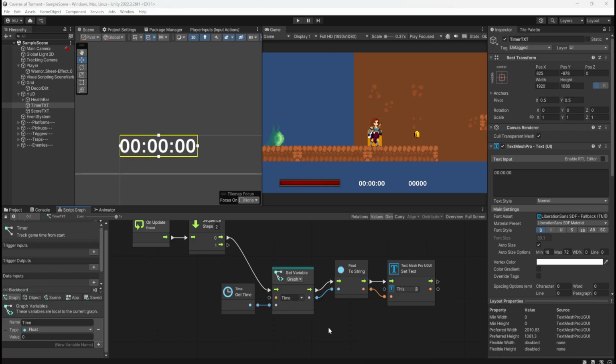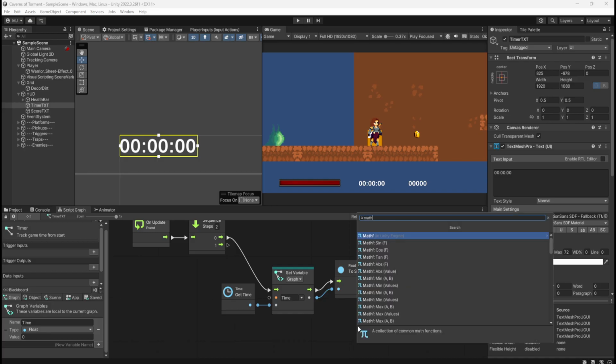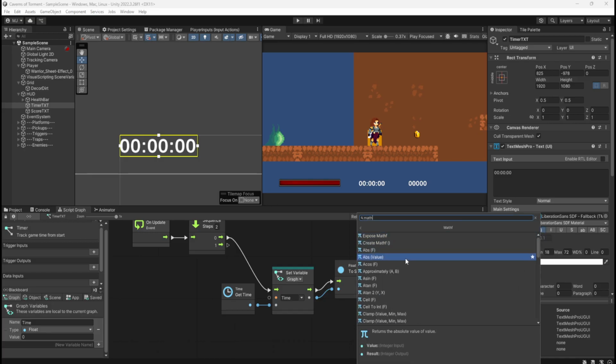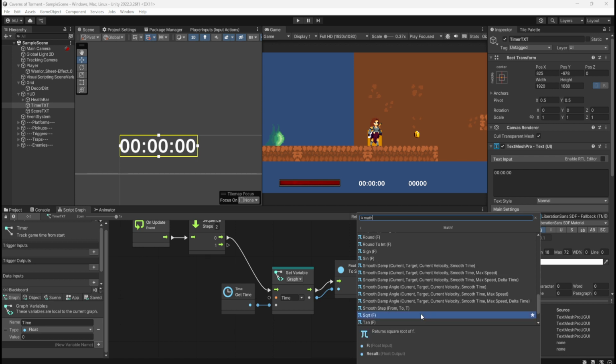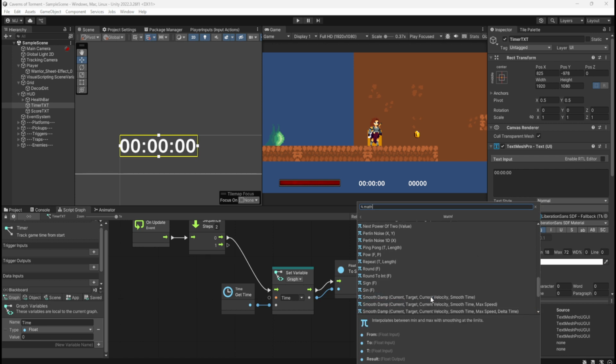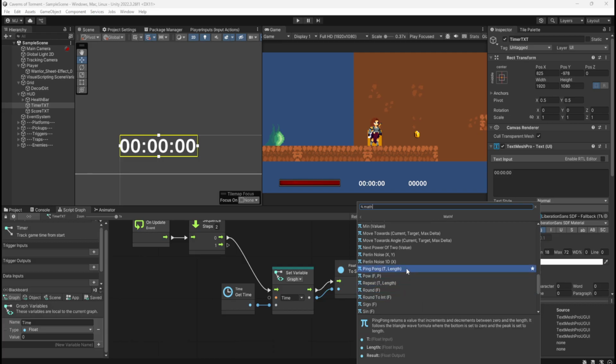For some reason this site I'm using is telling me to look, select math unit, int divide.